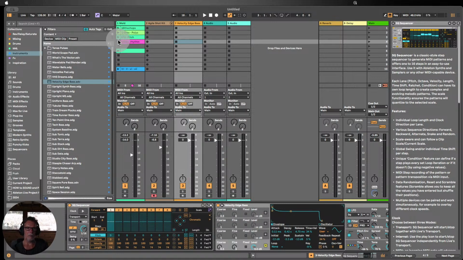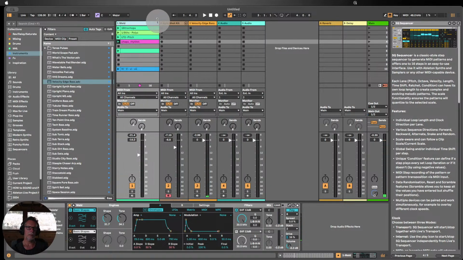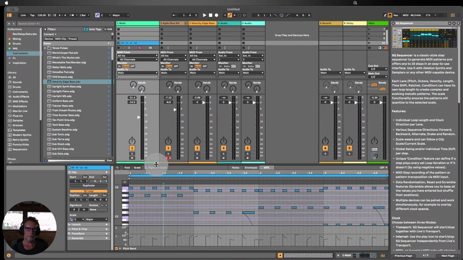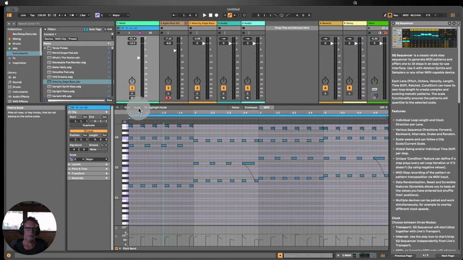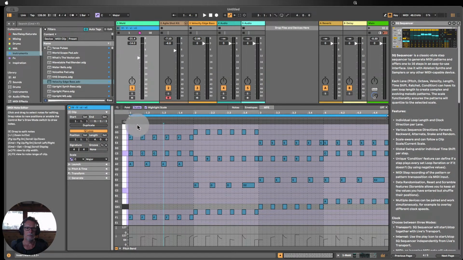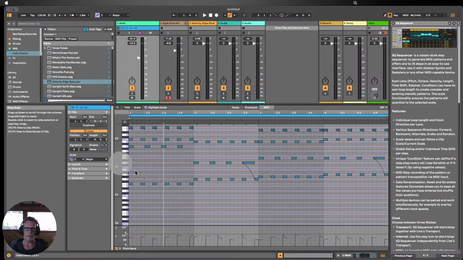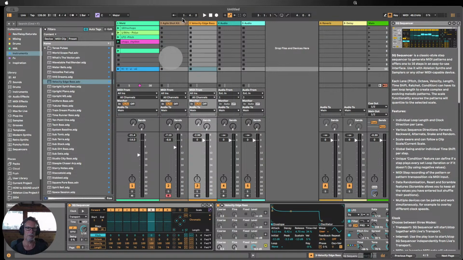So right now we do have some MIDI or chord progression, so let me check what kind of scale we're in. I think we're in a white note scale. Let's check that. No, we do have a G sharp 1 in there, but that could be, just out of interest, a little bit of variation to that. So it's a non-scale note. I don't think it's going to cause us too many problems, so we can probably just leave that as showing C major up the top. So let's see, if we push play,